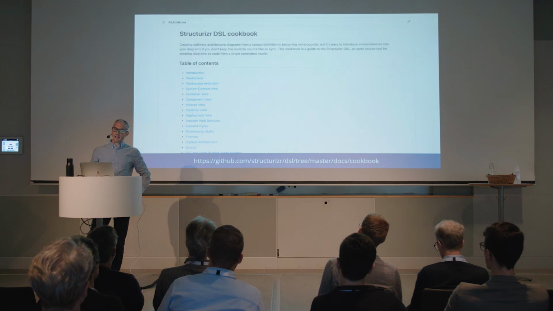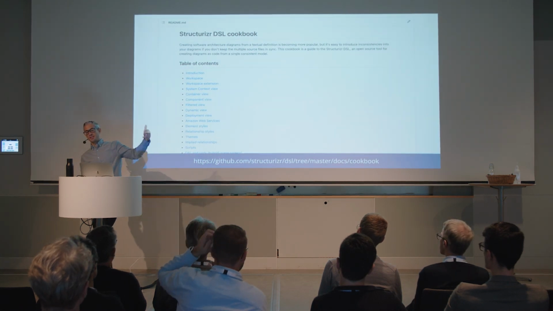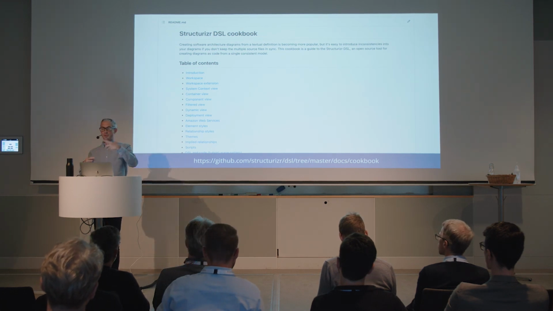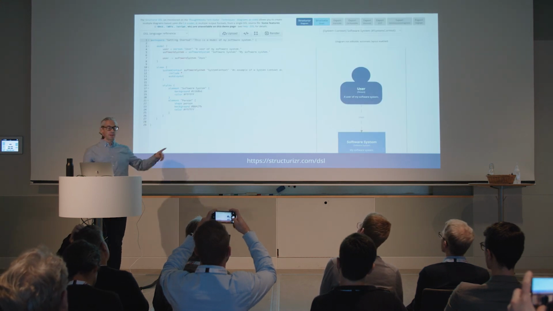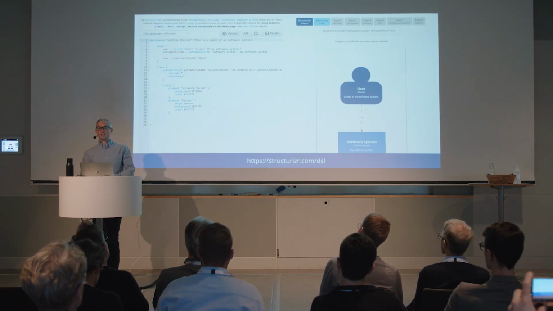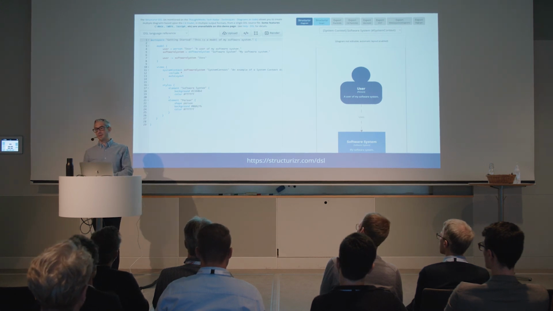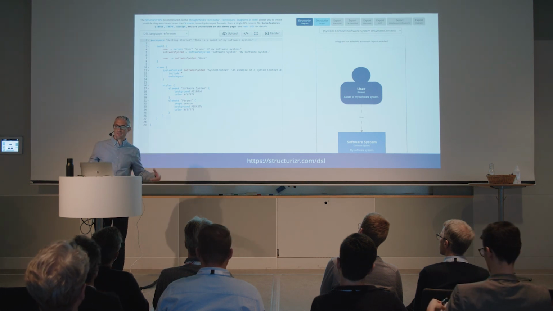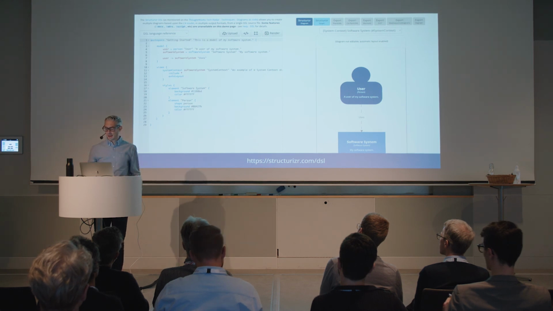If you think this is useful and you want to try it out, you can go to the GitHub repo, so Structurizr/DSL. There's a little cookbook I've created, which gives you a bunch of little recipes and tells you how to do some of the basic stuff. And if you want to try this out without installing any tooling, you can go to structurizr.com/DSL, and you get to type text in one side and press render and get diagrams on the other side. Don't type anything super top secret into this, by the way. It just ends up on the server and it gets deleted immediately, but just be careful, of course.